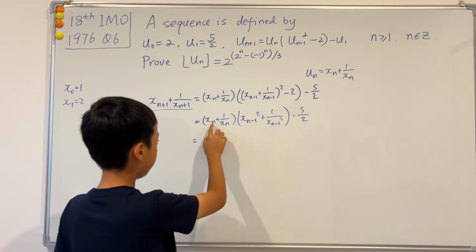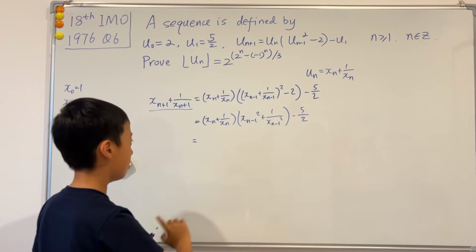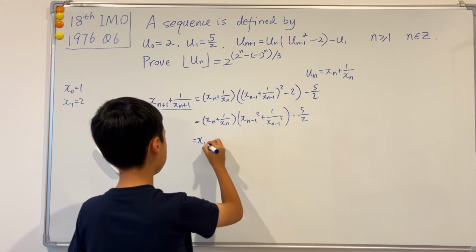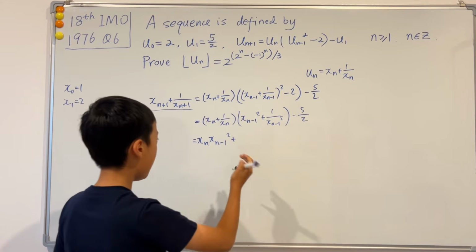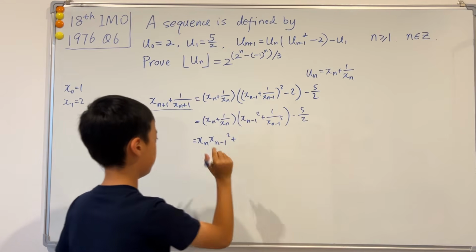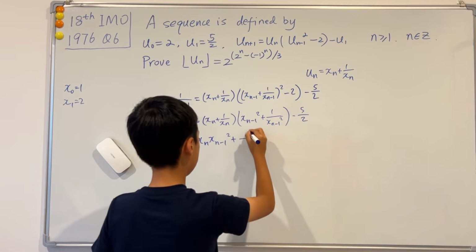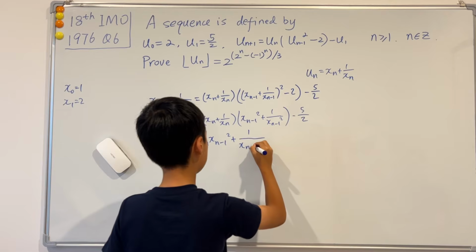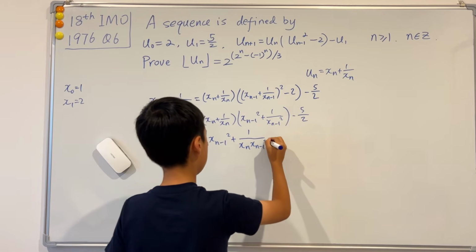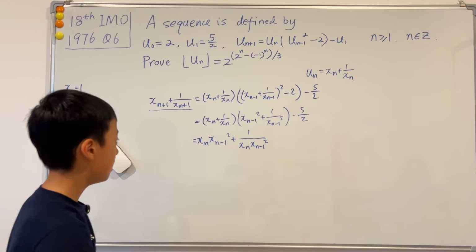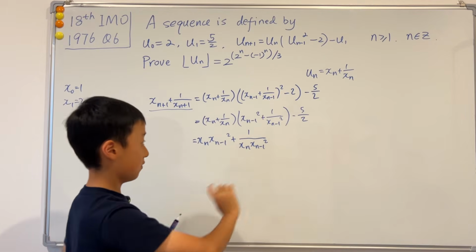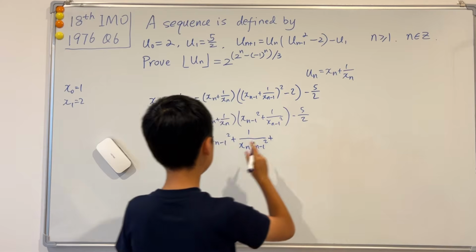Well, if we take the first term in both brackets and multiply them together, it will be xn times xn minus 1 squared. And add, if we take the last term from both brackets and multiply them together, it will be 1 over xn times xn minus 1 squared. And now we see this has the same form as this. And now, if I just expand everything else, then we will get